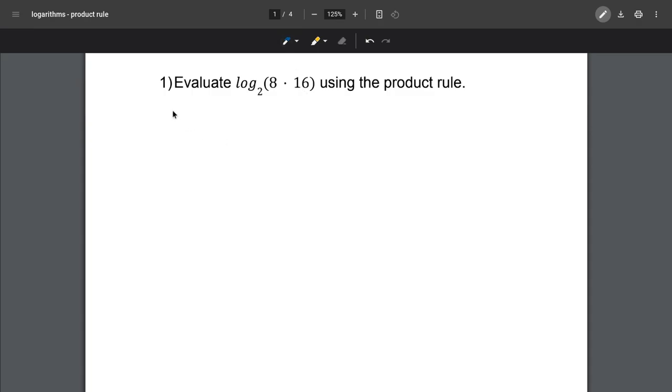Now the product rule states that we can break this apart into log base 2 of 8 plus log base 2 of 16. So if we wanted to work that out, log base 2 of 8 is 3 because 2 times 2 times 2 equals 8. In other words, there's 3 2's multiplied together to get 8. So this one's 3